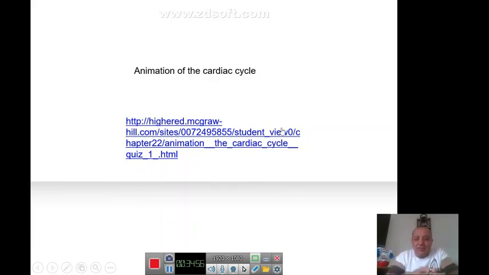Very briefly, the cardiac cycle consists of two phases. Phase number one is filling. It means the blood is coming from the superior vena cava and inferior vena cava, going directly through the open valves to the right ventricle, and then to the left ventricle from the four pulmonary veins. The blood is going also passively: 80% will go directly to the ventricles, and 20% is due to the atrial systole.